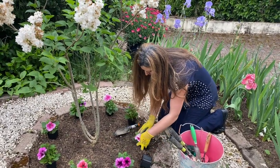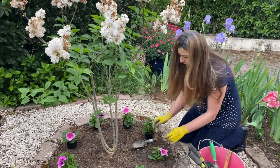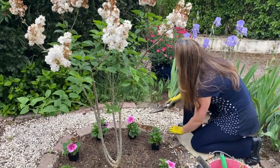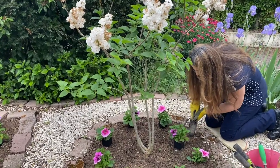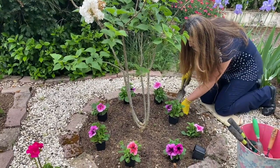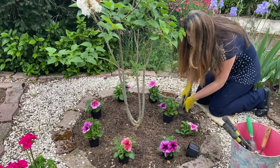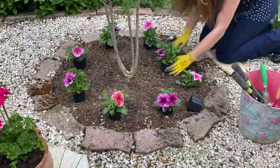I also started to fertilize my annual plants with a tomato feed, and I'm really pleased with that. They do flower really well with that, so if anyone hasn't tried, you can maybe try them. I don't know, I do like it. It's so much rain that the ground is actually